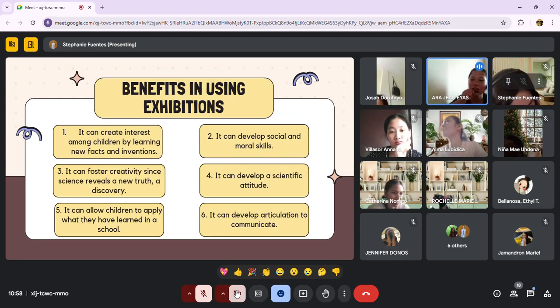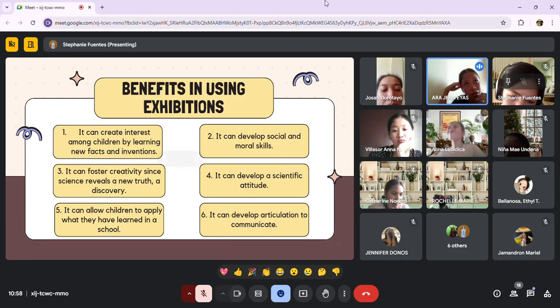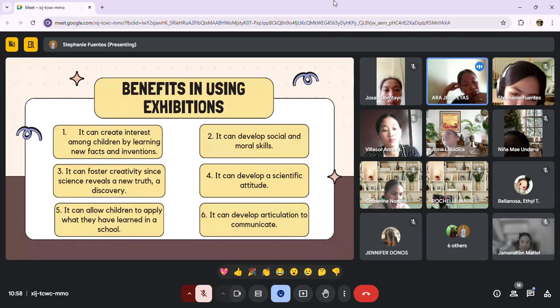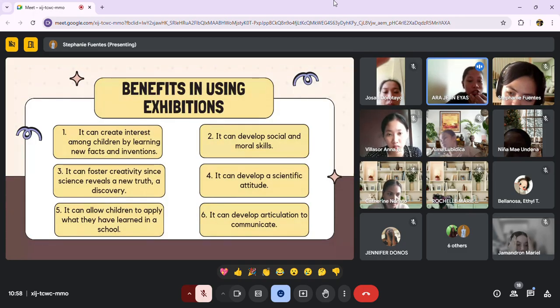So as we all know, exhibitions often involve collaborations and also interactions among students, teachers, and also the visitors. So children may work together to create exhibits and also present their findings or discuss their ideas with others.